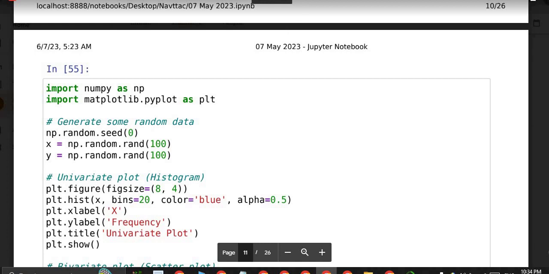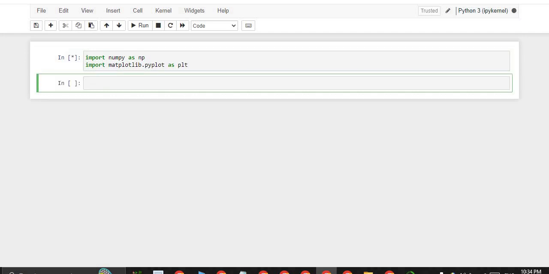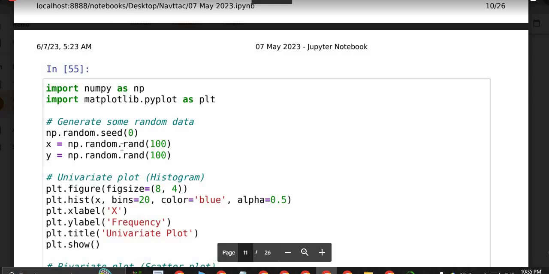Yes, matplotlib.pyplot as plt. Okay, now you can see both of the libraries have been imported.